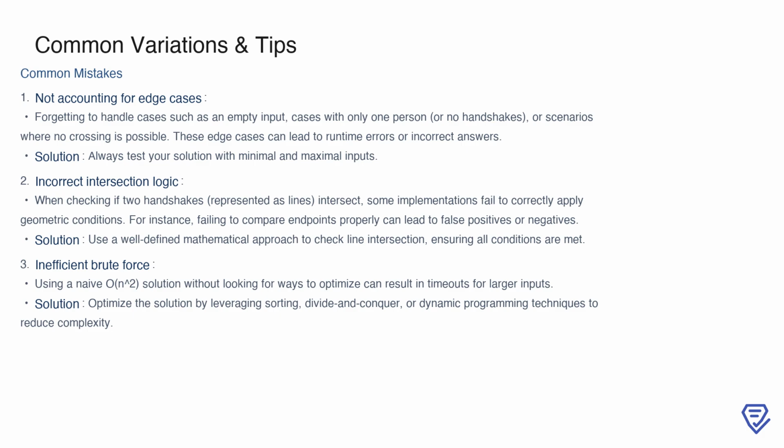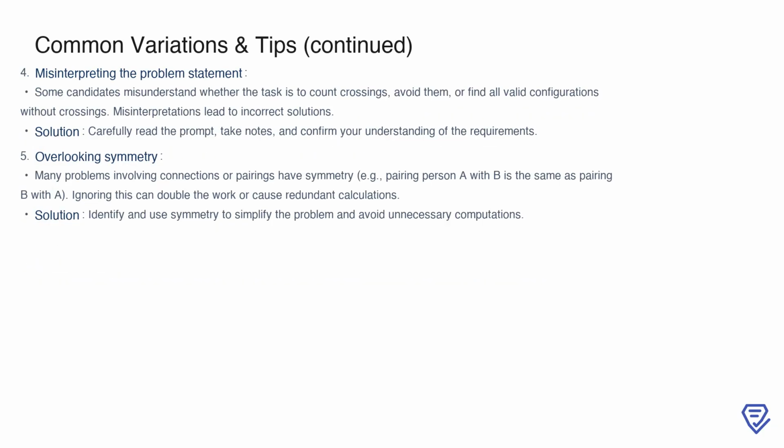Instead, look for ways to optimize, such as using sorting, divide and conquer, or dynamic programming methods to improve performance. Another issue that often arises is misinterpreting the problem statement. Some candidates confuse the objective, whether it's to count crossings, avoid them, or determine all valid configurations without crossings. Misunderstanding the requirements can lead to entirely incorrect solutions. To avoid this, take the time to carefully read the prompt, jot down notes, and confirm your understanding before diving